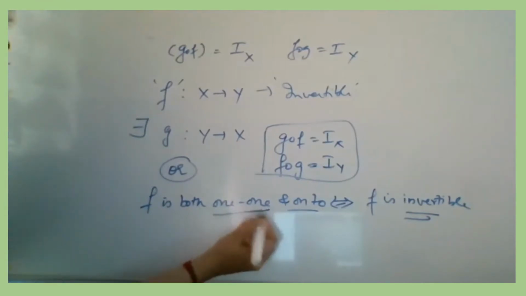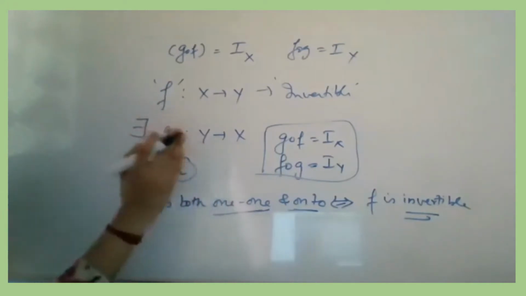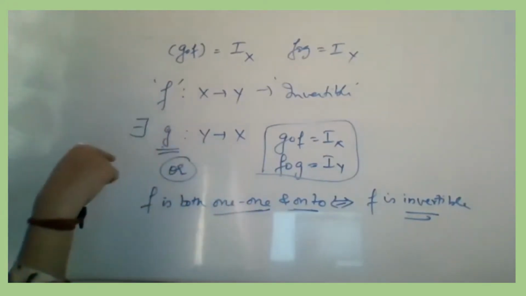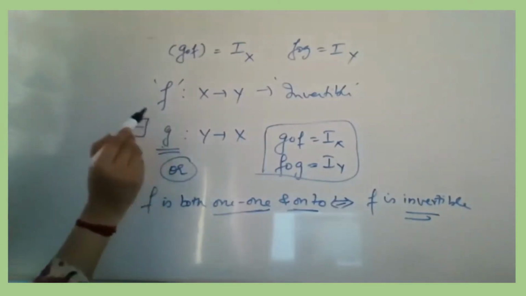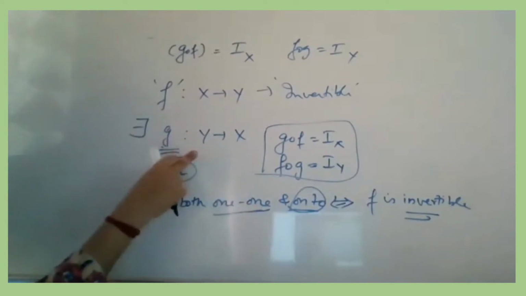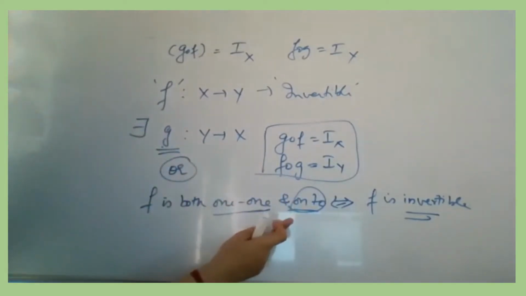So how to do one-one and onto, you are clear with it. Composition is also easy, but the thing is here they will not give you g. You have to find out that g. That finding out the g process is actually the onto process. So when you are finding g in that problem, you have already done the onto process, okay.